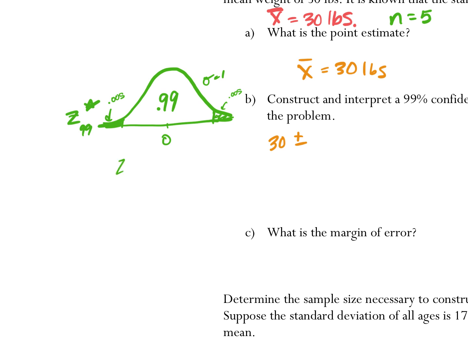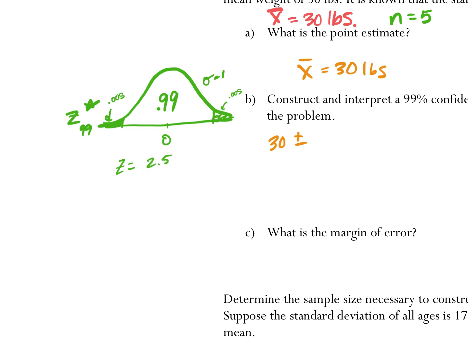What are you guys finding? You're finding the Z star? What are you guys getting? For 99%? Wait, that sounds great for a 90%. Yeah, I think I actually... You had to do 0.005, yeah? I got